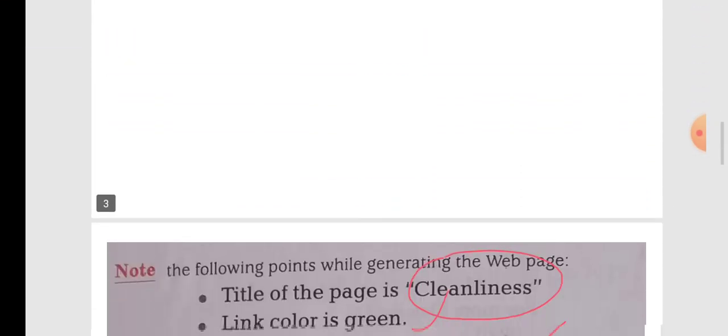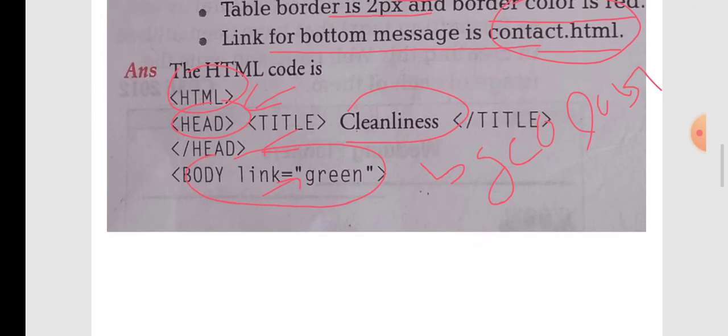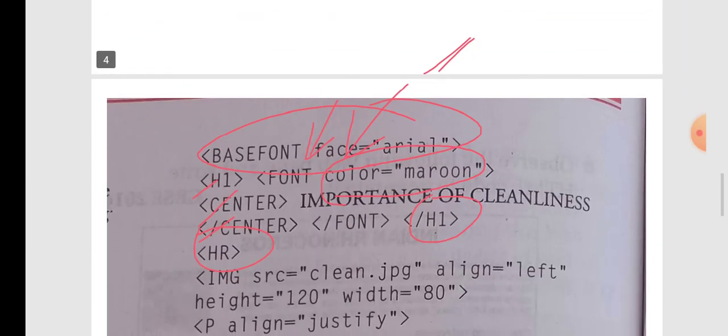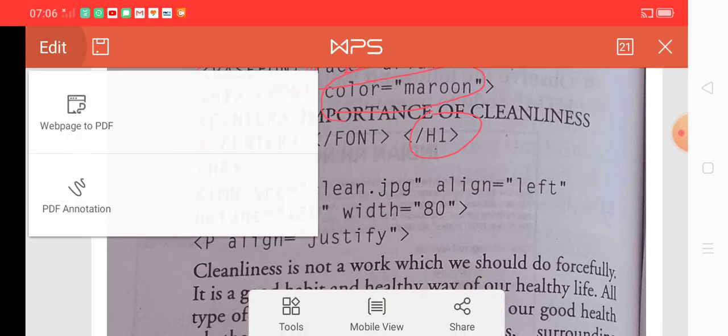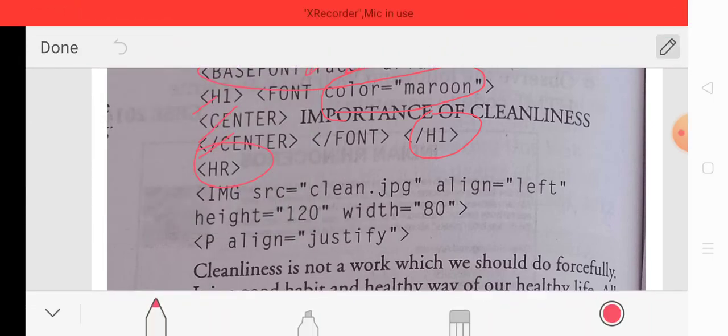To implement the image, the img tag must be used. With the src attribute we give the file name, and the file is clean.jpg.